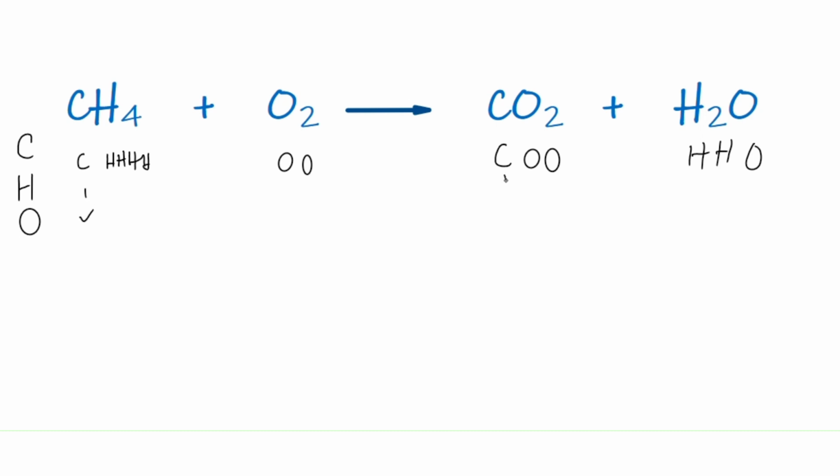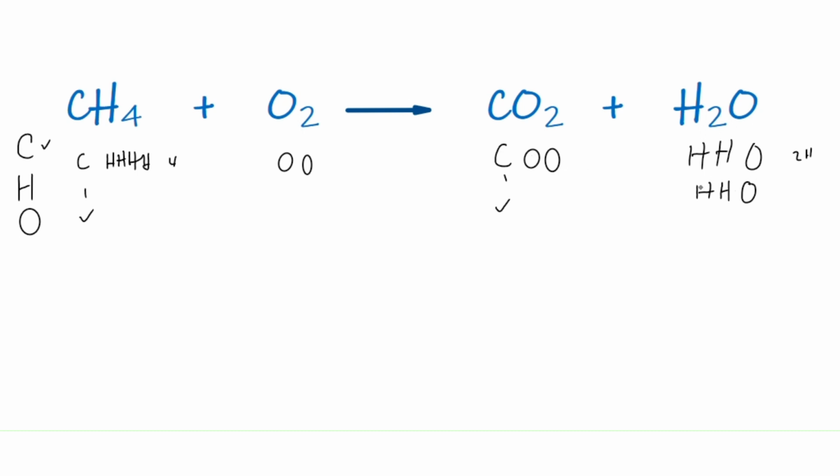So let's look at the carbons first. On the left-hand side, we've got 1 carbon. Bingo. On the right-hand side, 1. So far, so good. Carbon's done. Hydrogens, 4 on the left. 1, 2, 3, 4. On the right-hand side, we've only got 2. Remember, we have to double the whole thing. So we have to have 2 water molecules. So we have another